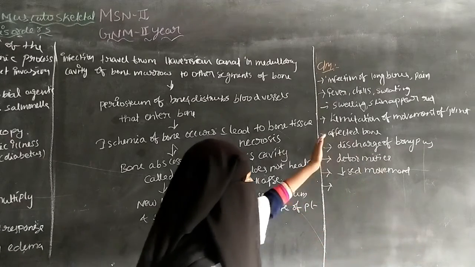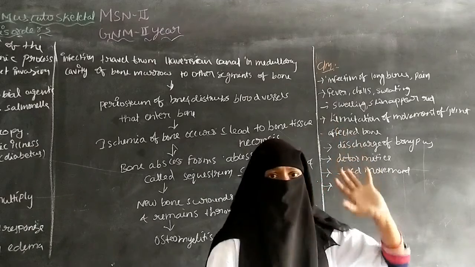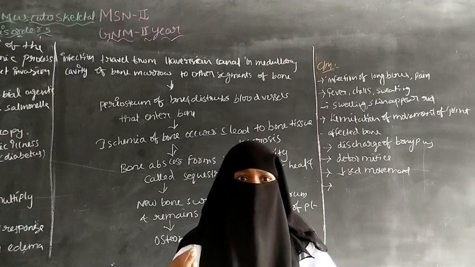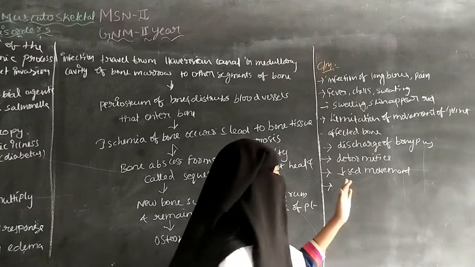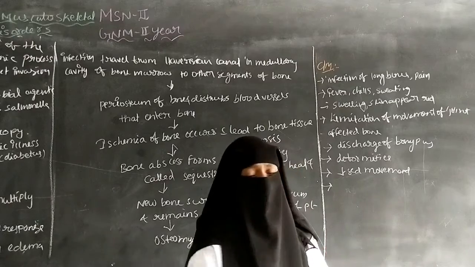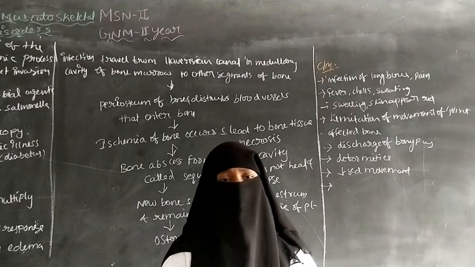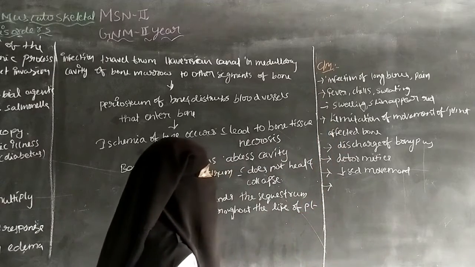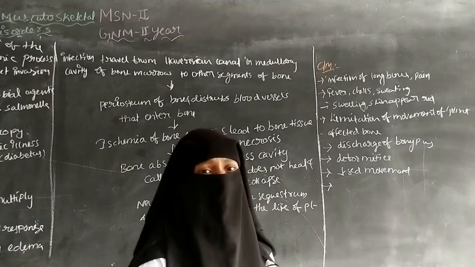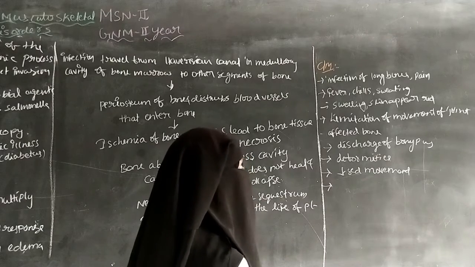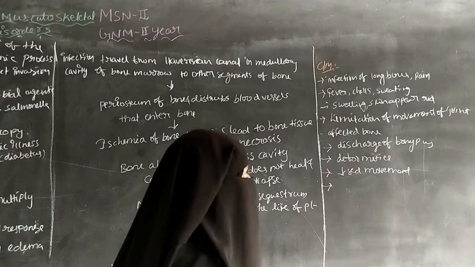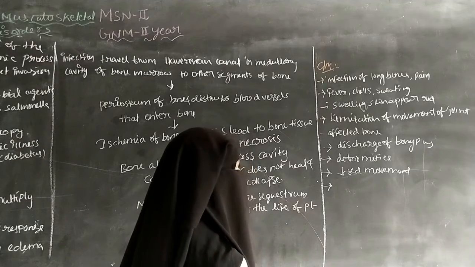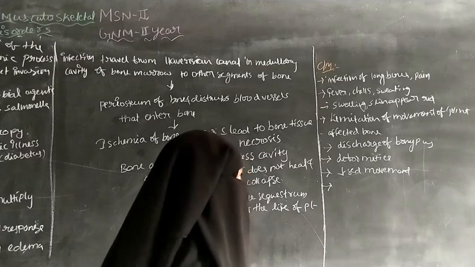Immobilization. Because of the infection or the pain, the patient is not able to move the joint. Because of this, deformity and disability can occur and there is decreased movement of the joints. So it is about the clinical manifestations. There is infection of the long bones and pain, fever, chills and sweating, swelling, skin becoming red, and limitation of movement of the joint of the affected bone. Discharge of the bony pus and